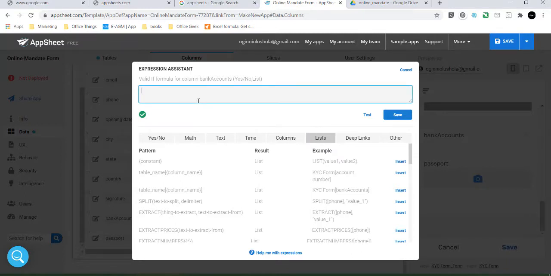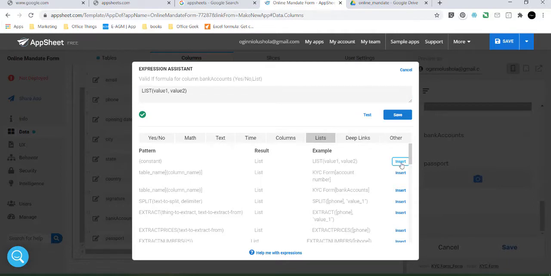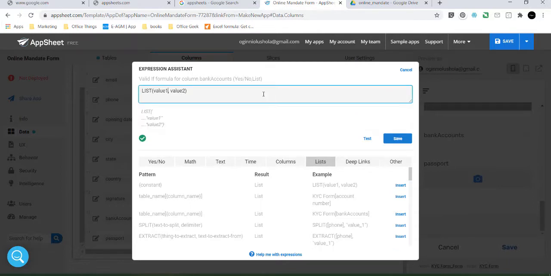So you can insert, look at the example, value 1, value 2. So let's say this will be Bank of America and Central Bank of India,